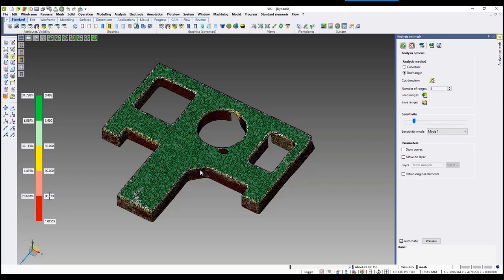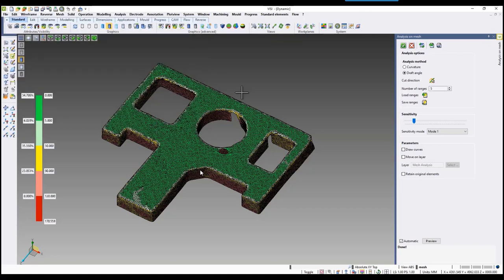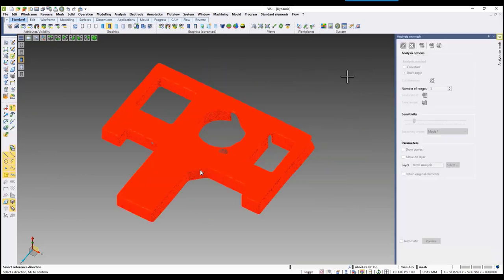It'll automatically try to pinpoint and calculate the values, but you can type in your own values. You can save that range and load that range, and it automatically retains that to load into another design. So you can select save range. It gives you the ability to save a snapshot, and then you can load that snapshot into another value. So you can see we can save that. We cancel out of this. If we go back into it, you can load that range value,